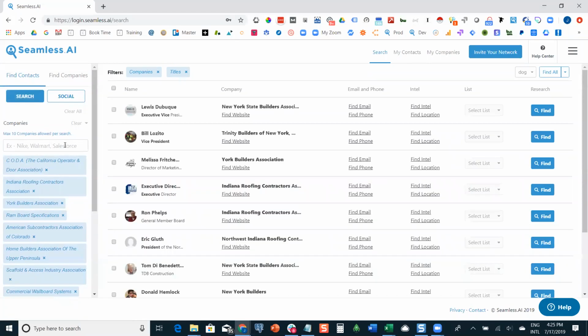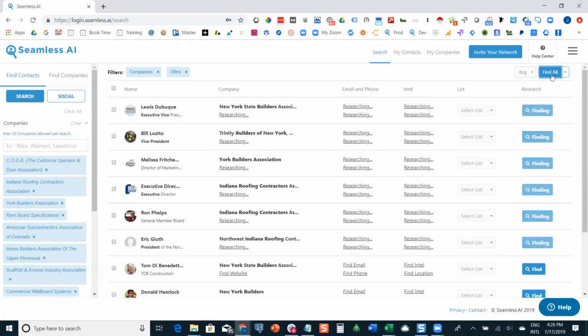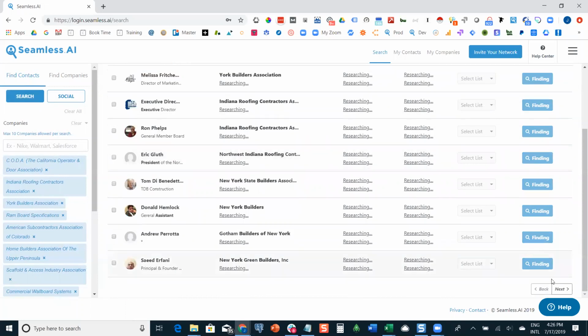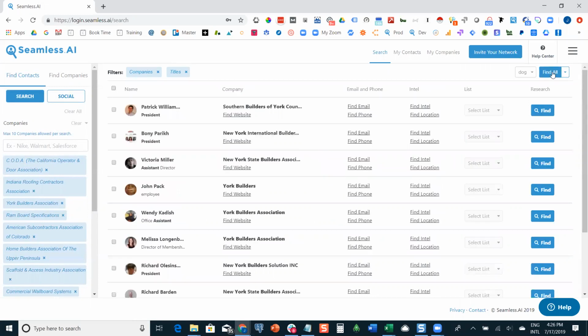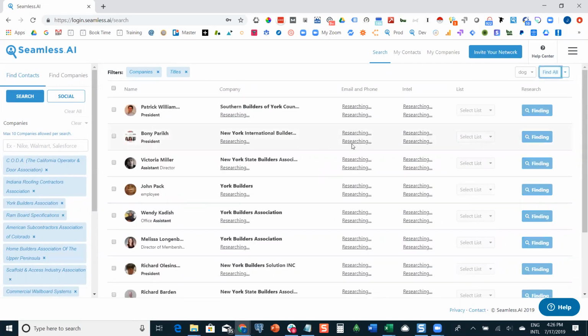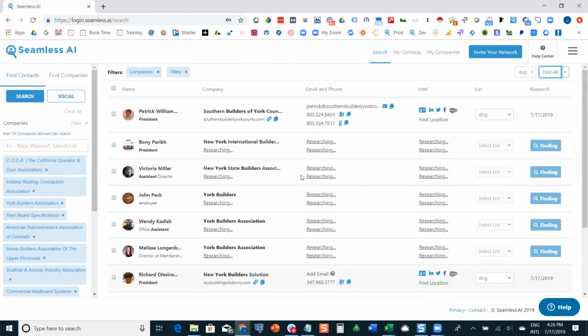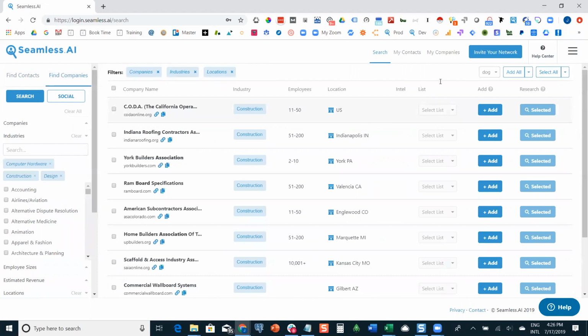So that's one way that you can do it. You can see here, now here's all my contacts under those companies. And so now I'm in contact search. So now I just click that find all button. And we're going to go ahead and research, find those contacts, go to the next page, find all again. We're going to research all those contacts. And so that's how I would find companies and then either build a list of companies or immediately find contacts